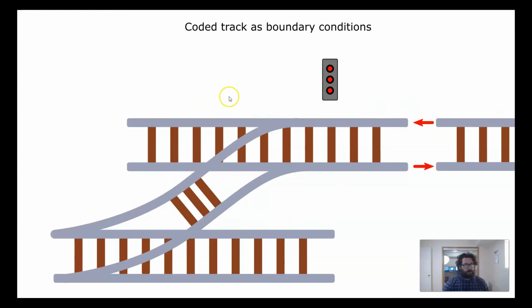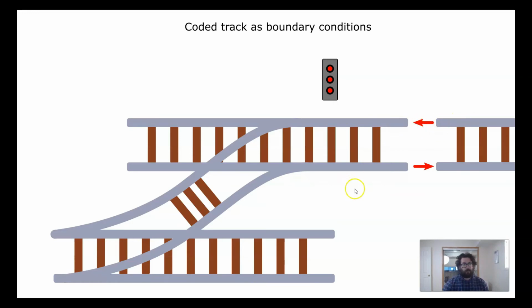Coded track is often used as a boundary condition. So what I mean by that is if you have complex interlocking with many routes here on the left side, and maybe further down to the right you have another complex interlocking, you want to isolate what's going on for testing. So let's say, for example, you're not changing anything further out to the right, but you're making some changes on your signal logic here on this interlocking to the left. So in order to simplify your testing, you can cut your simulation off at this piece of coded track and treat it as an input, which means that you don't have to set up the configuration to create that coded